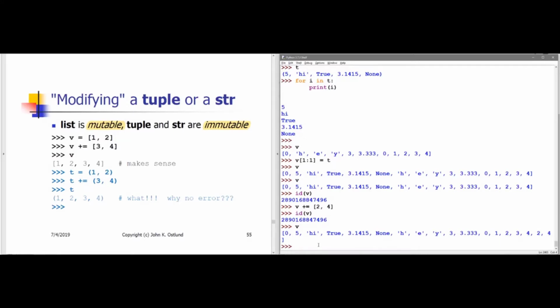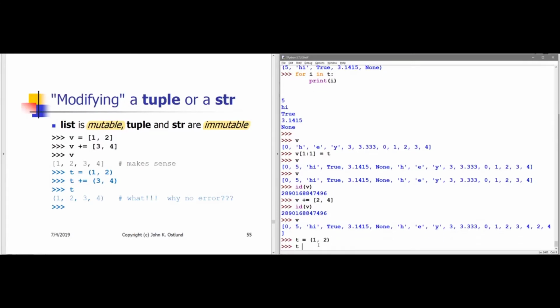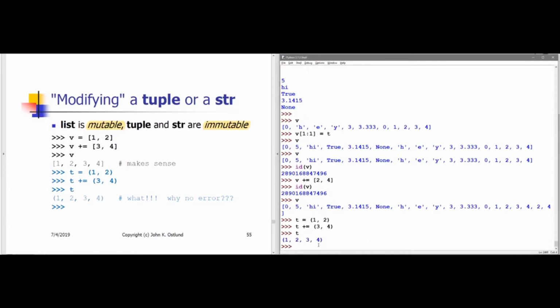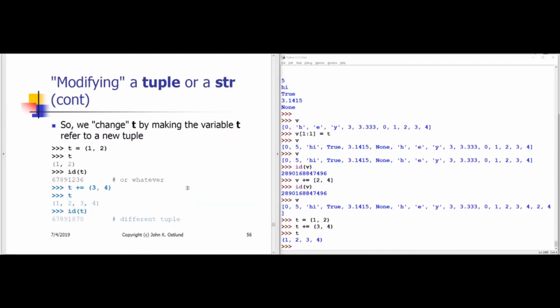If a tuple is immutable, what if we try to do the same kind of thing with a tuple? If we try to say t plus gets 3, 4, if a tuple is immutable, should this fail? Okay, that's strange. I didn't get any error message. Looks like the tuple t changed. Well, actually, no. Because what's going on here is that for a tuple, the plus gets operation